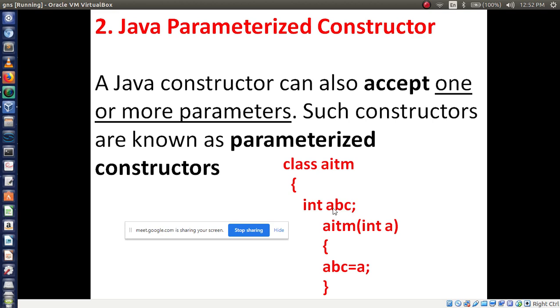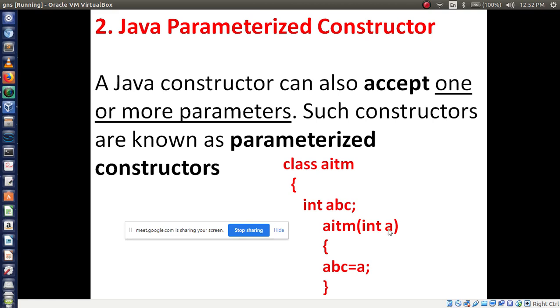It is an instance variable. Then I am creating the constructor. Constructor name is the class name, AITM. So AITM is a type of parameterized constructor. Here I am writing the parameter, that is int a. Now the next main logic is here.